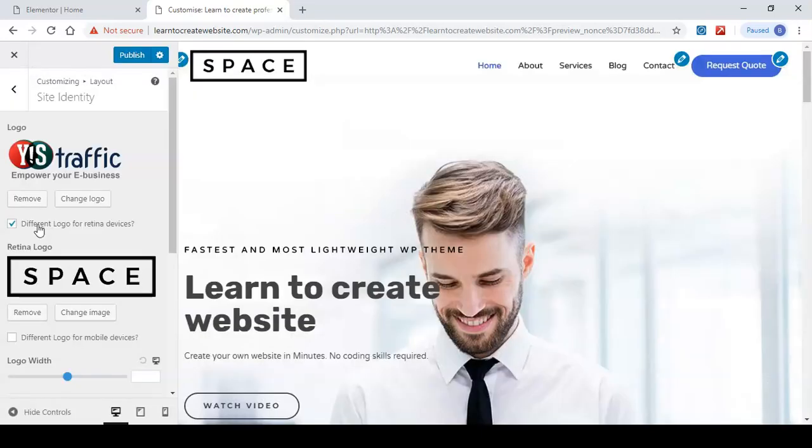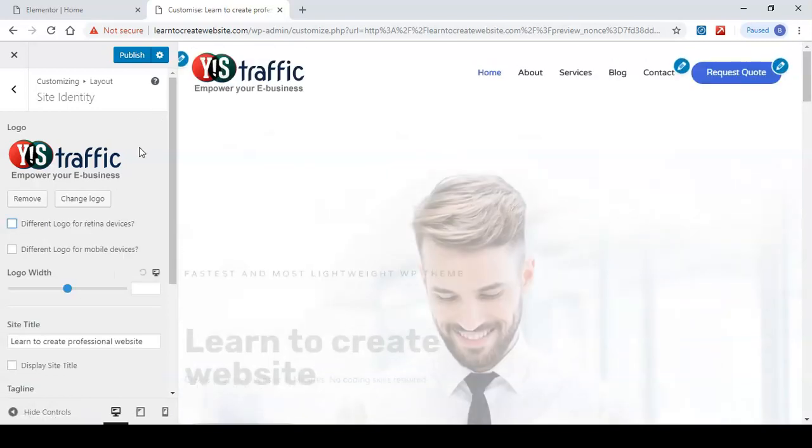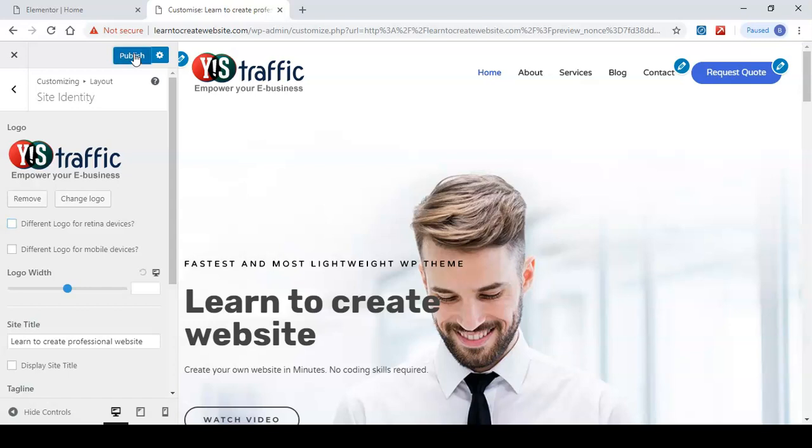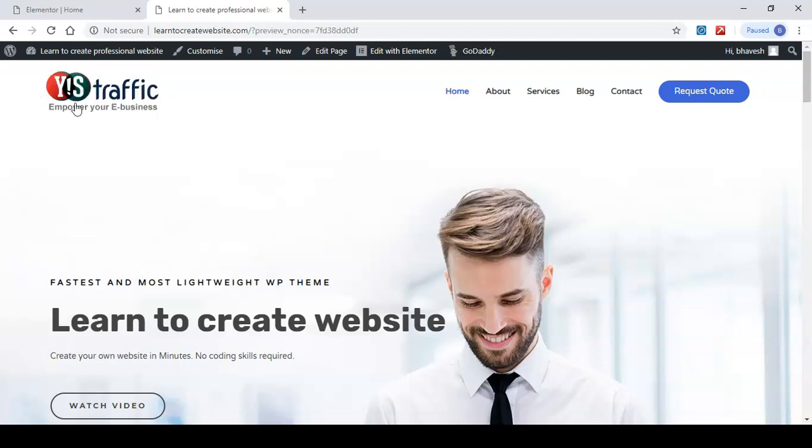Now uncheck this different logo for Retina devices. Click on publish button. Now click on close to view the changes. So you can see that the logo is changed. Now the same way you can change the menu sections by clicking these icons.